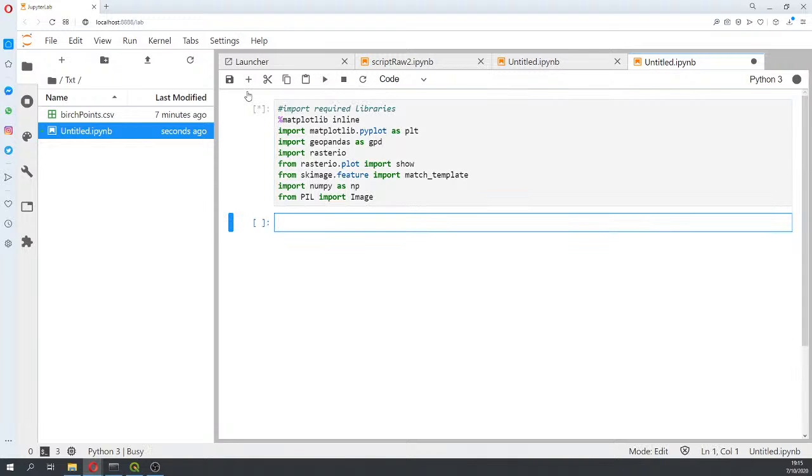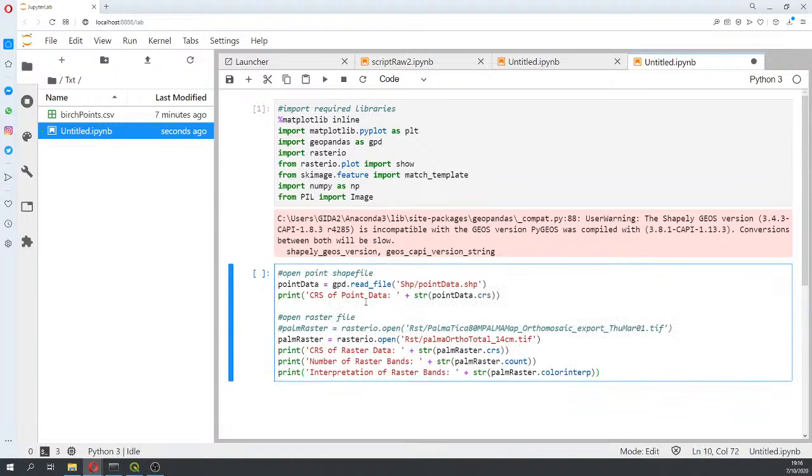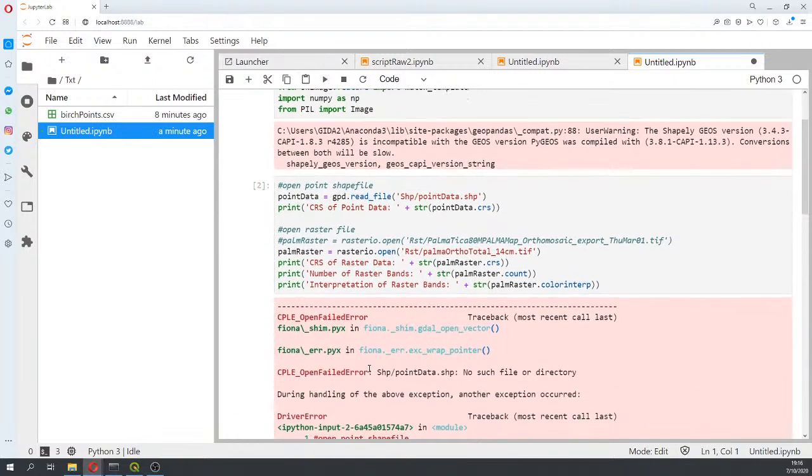Then we open the shapefile, and it is really important that with GeoPandas we open the point data and then the orthophoto, and that we have both